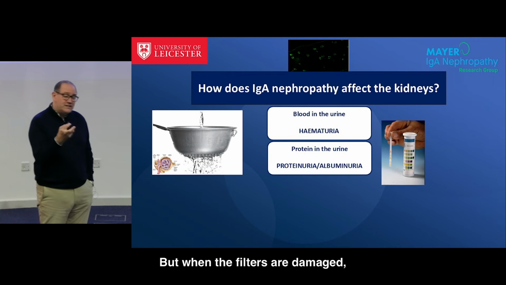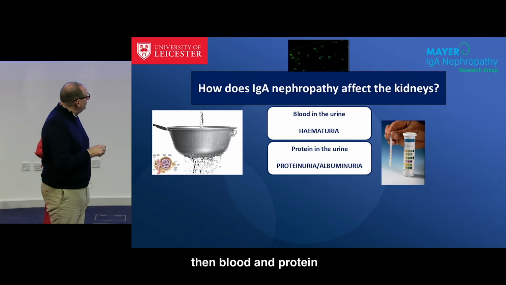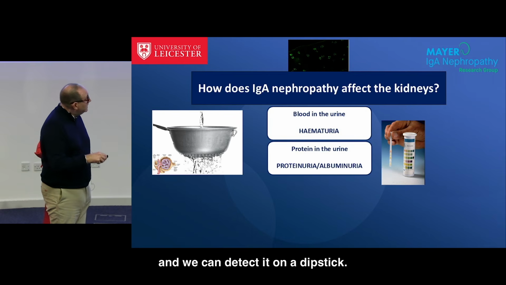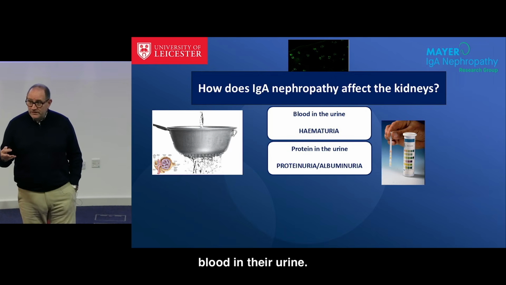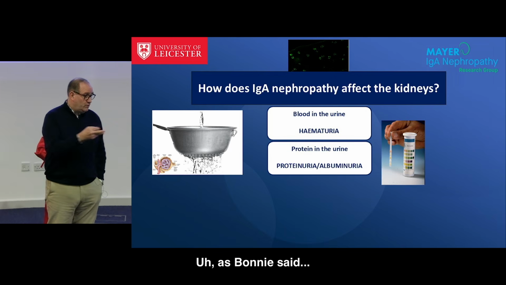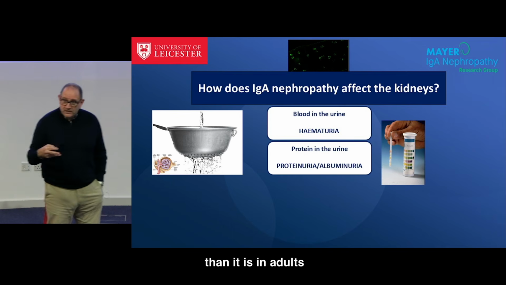But when the filters are damaged and the holes of those sieves get bigger, then blood and protein can leak in, and we can detect it on a dipstick. Some people may actually see blood in their urine. As Bonnie said, her son, it's very much more common in kids than it is in adults, but often with a cough or a cold,